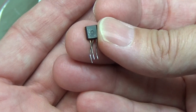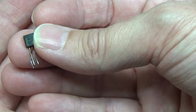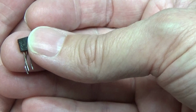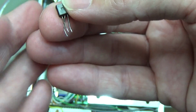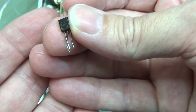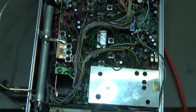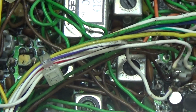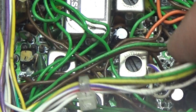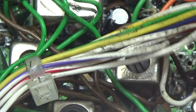It is not the ALC transistor, so that is the driver stage for our S-meter amplifier. Anyhow, it has been replaced, so that is very obvious. But when I recognized it, I was of course searching for the real DC ALC amp, and what you can see here, you see we always have to dig for the components,